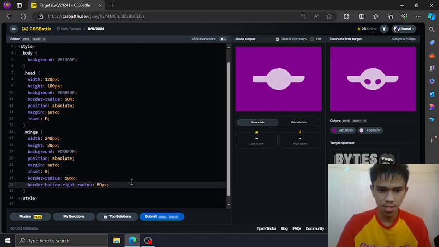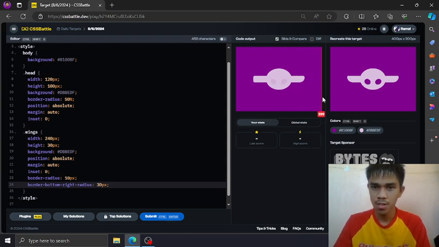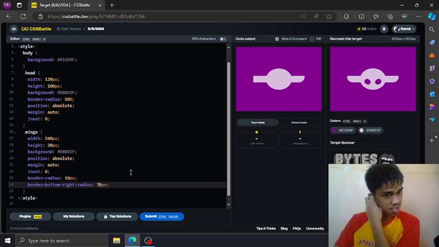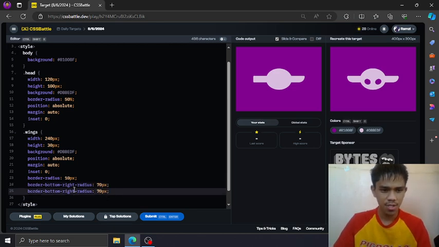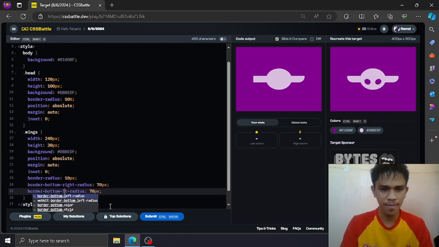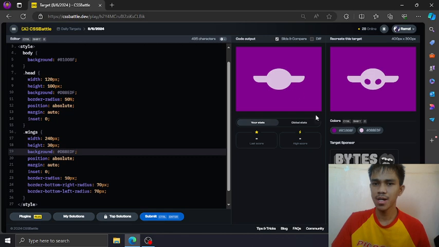Then from here, let's reduce the radius to the bottom more. Okay, it's not helping. Okay, copy this right, bottom right, and rename this to bottom left. So we have the outer layer.